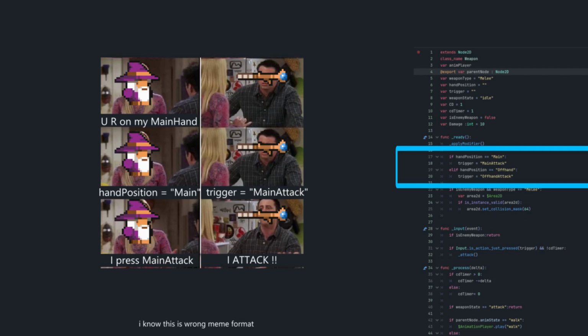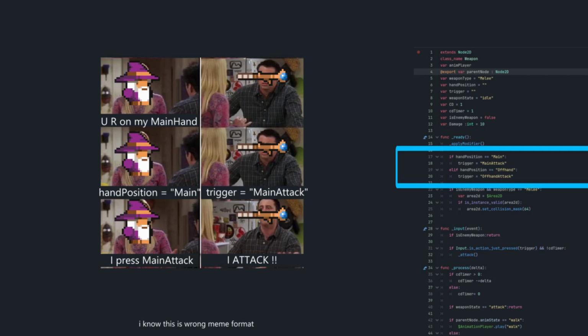Let's say we have a player, and the player creates their weapon. After they create the weapon, they give a value to the weapon and tell it which hand it's on, main hand or off hand.